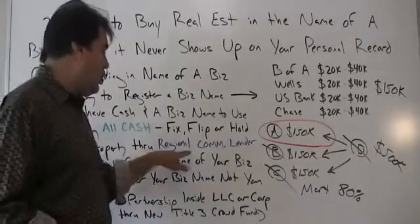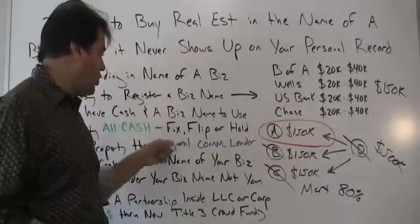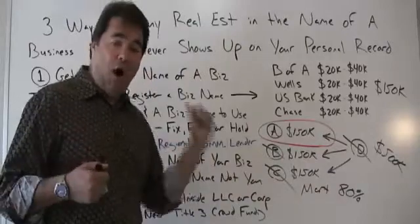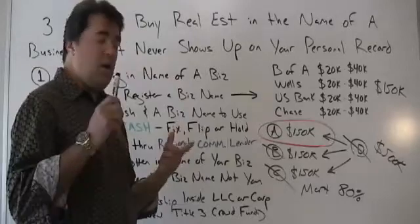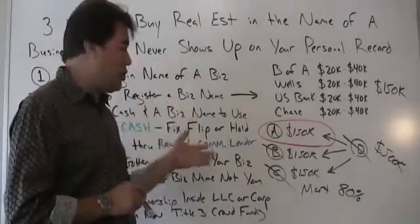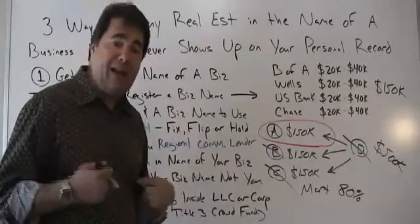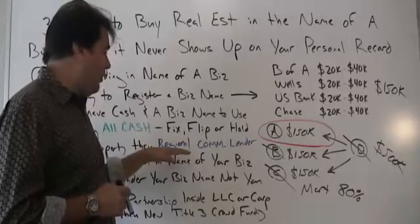And I can tell you with 100% certainty that these regional community lenders do exactly what I'm talking about, because I've done it off of this list exactly as I've described to you. I went to Bridgewater Bank, I went to Bremer Bank, I got money and I purchased real estate and I got mortgages from those regional community lenders in Minnesota in the name of the business, not in my own personal name. So I know for a certainty, for absolute stone cold fact,